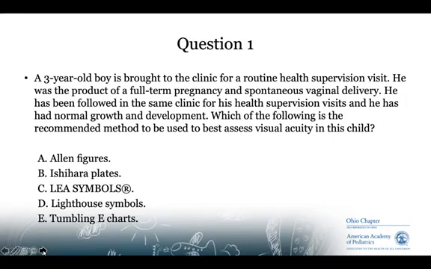Which of the following is the recommended method to be used to best assess visual acuity in this 3-year-old child? And the right answer would be the Leah symbols, those heart, square, house, and circle optotypes.